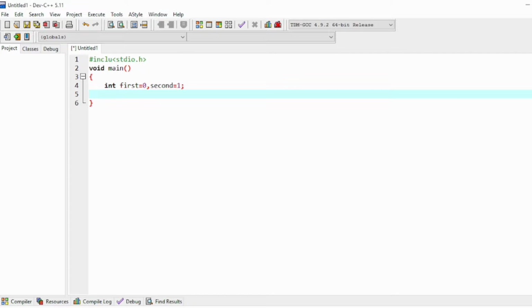Now what we have to do is print. I have already told you about the for loop, so we have to use a loop. Why do we have to use a loop? Because we have to do summation with the previous two values repeatedly. If we add first and second, then we have to print first, then the second variable, then the summation of first and second, and again